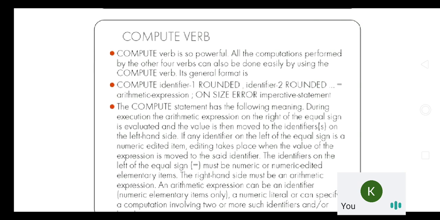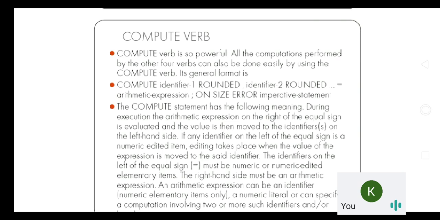You have to keep in mind that along with those arithmetic verbs, we use some other additional clauses like into, to, by, and using. So those options are very important. You must know how to use the to, from, into, by, and giving options. All those things are important based on how you are going to use them.